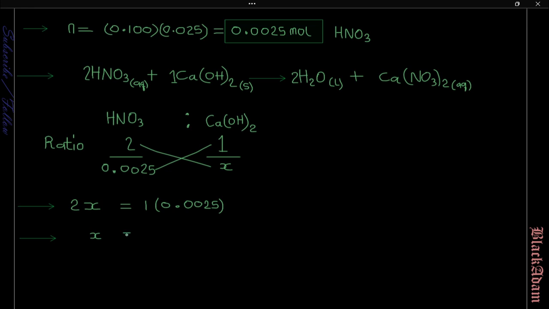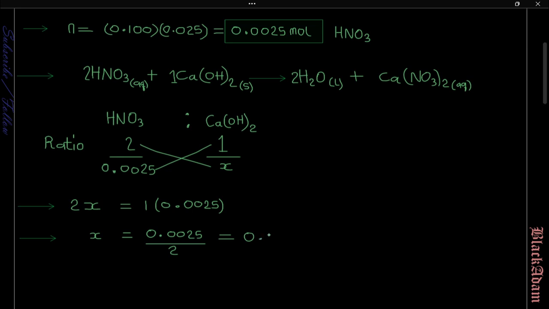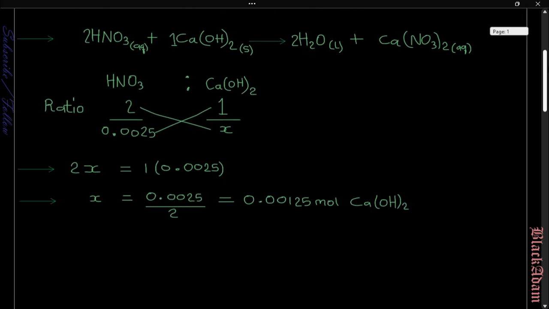Then from there we have x is equals to 1 times 0.0025 divided by 2, that's 0.00125, 0.00125 mole. And then there we have calcium hydroxide. Okay, and then we have